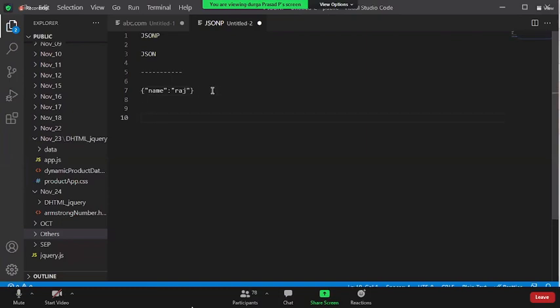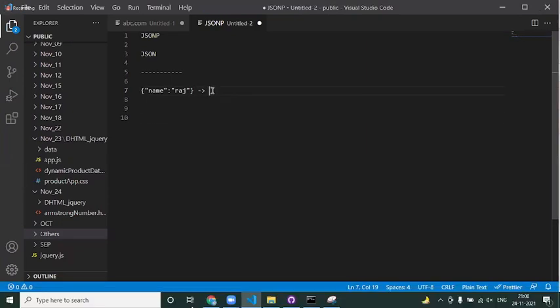Now, this is JSON-P. If you have to make it a JSON-P, very simple. Take this object, pass it as a parameter. Say, for example, parseData is one of the methods. You're passing the JSON object as a parameter. This we call JSON-P. As simple as it is.